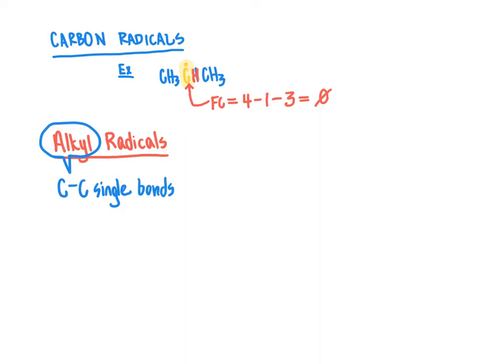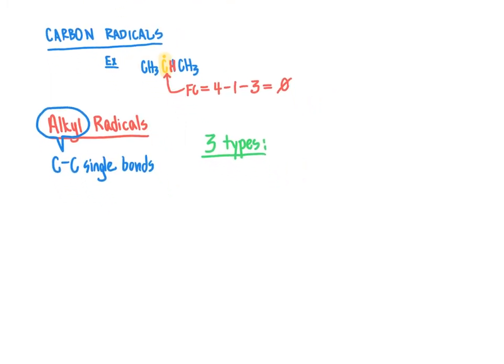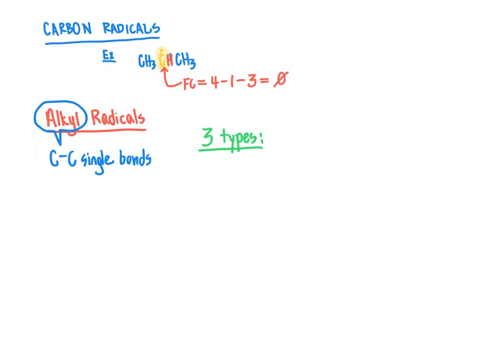So the 3 types of alkyl radicals that we will mention and that you should be able to recognize are the primary, secondary, and tertiary radicals. These are relevant to recognize because these 3 types of radicals are going to have quite different stabilities. And when they have different stabilities, that implies that some of them will form more easily as intermediates during chemical reactions. Some of them will be really difficult or impossible to form as intermediates in chemical reactions. So those 3 types: primary alkyl radical,